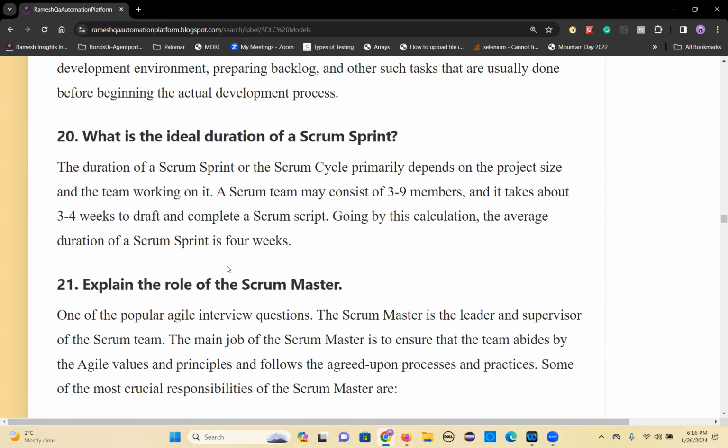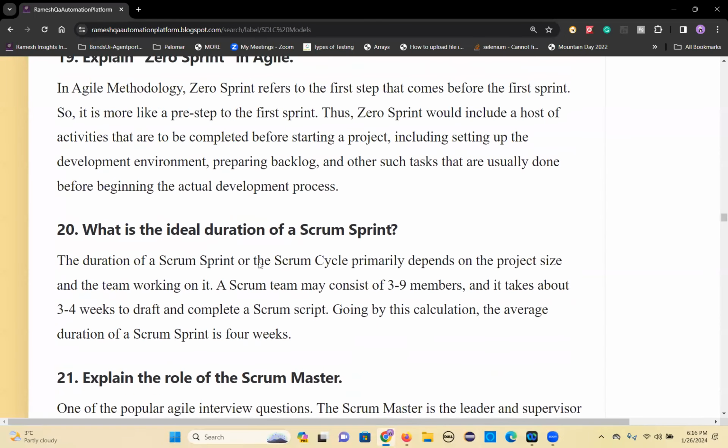What is the ideal duration of a sprint? 2 to 3 weeks. Generally, 2 weeks is the ideal time. Some companies follow 2 to 3 weeks also, but mostly 2 weeks. That's the ideal sprint. So this is another interview question. Don't hesitate to tell all these points. Everything here is an interview question, that's why I'm specifying them. Make sure you clearly note all this down and answer properly in the interview.